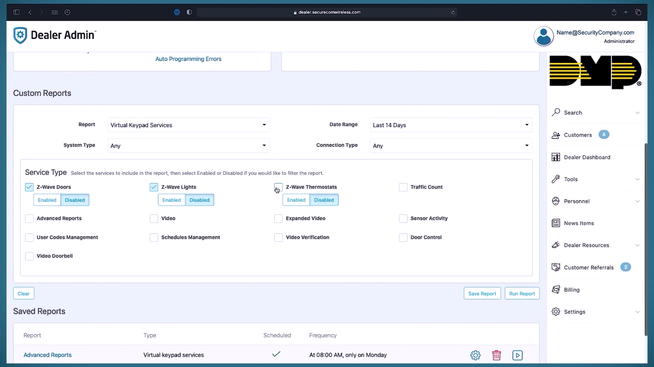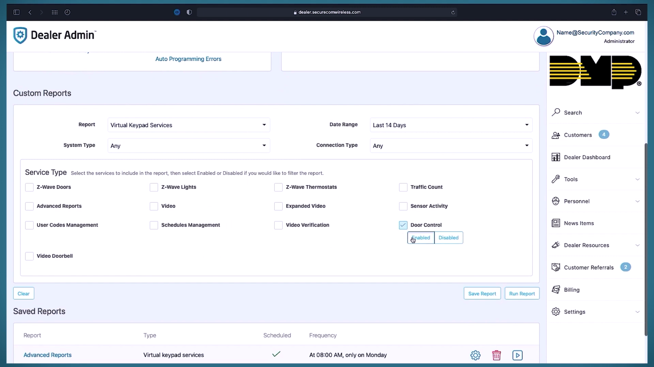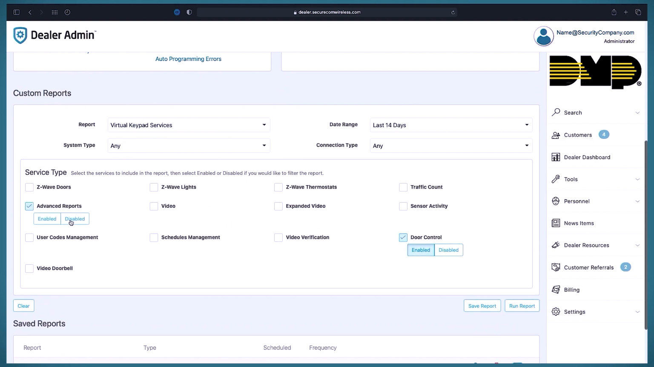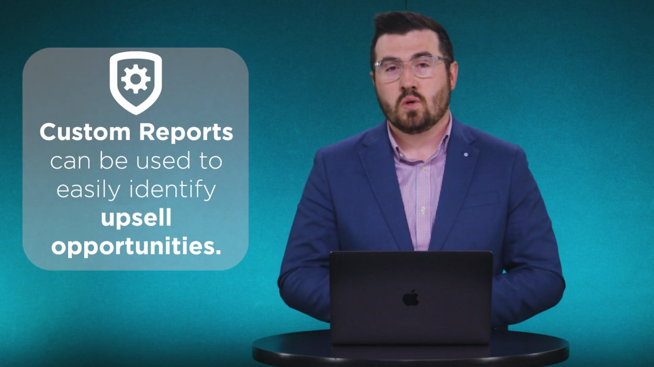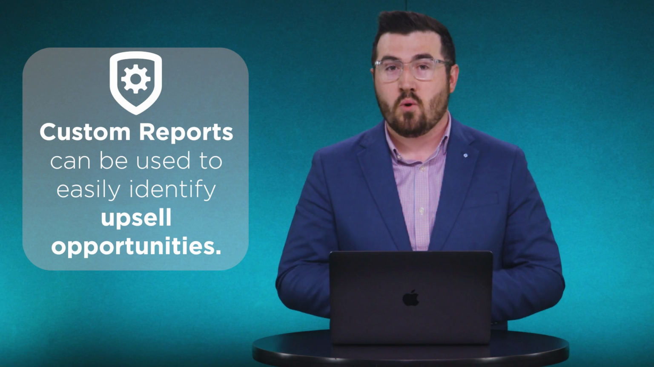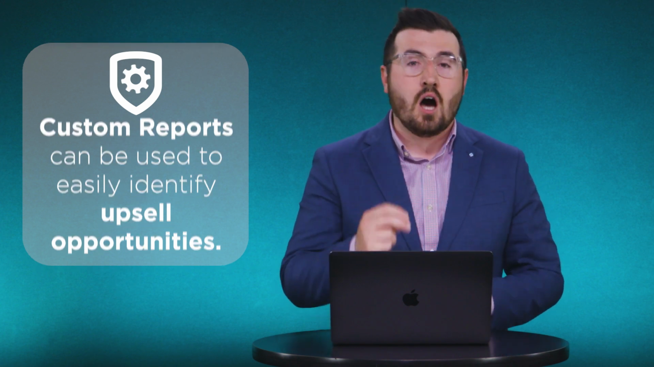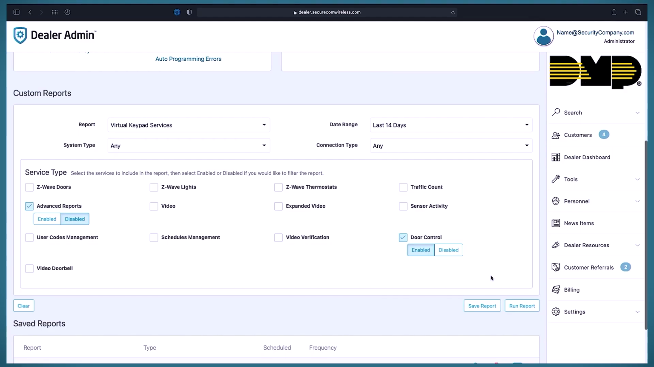Let's run another one. I'll deselect Z-Wave. Now I'll select what customers of mine have door control turned on, but advanced reports disabled. These are customers that are using access control and virtual keypad, but are not taking advantage of all of the benefits of advanced reports. Again, this gives you a great start on a list of customers that you can offer an easy upsell to. When you have this report set up the way you'd like, you can select Run Report